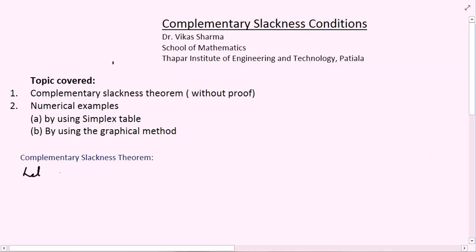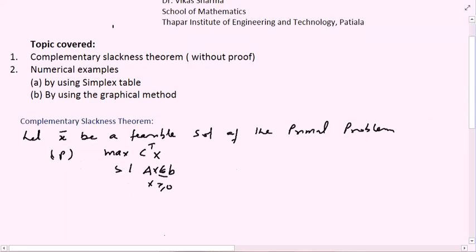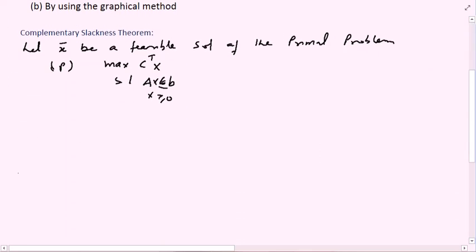Let x bar be a feasible solution of the primal problem, say P, which is maximizing c transpose x subject to Ax less than or equal to b. Let us consider the problem in canonical form, x greater than or equal to 0. And let w bar